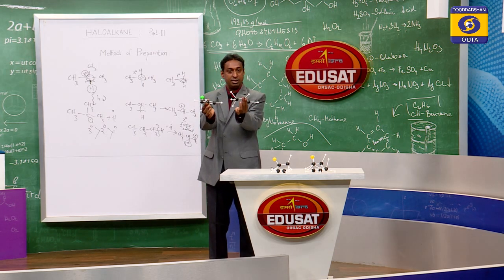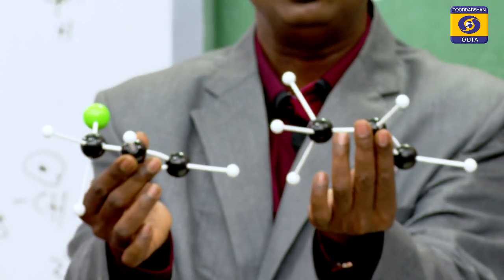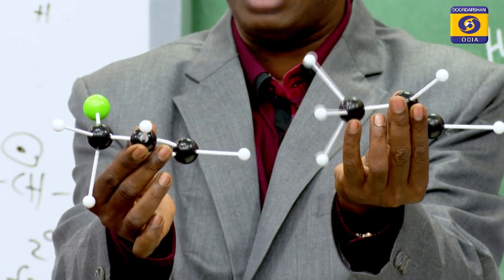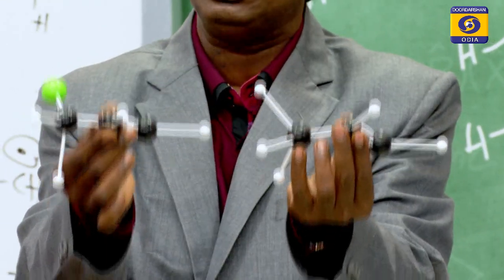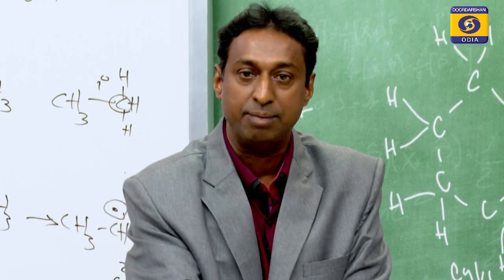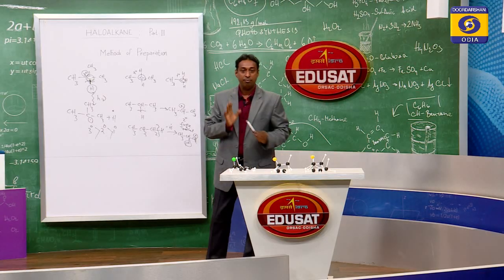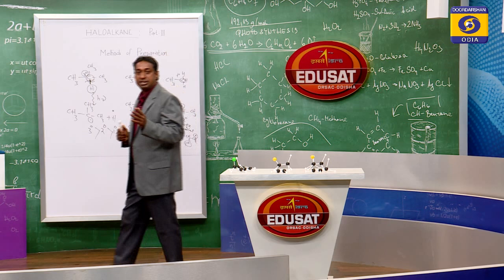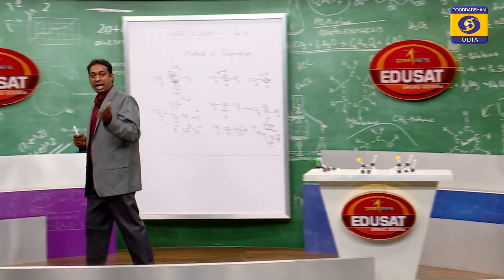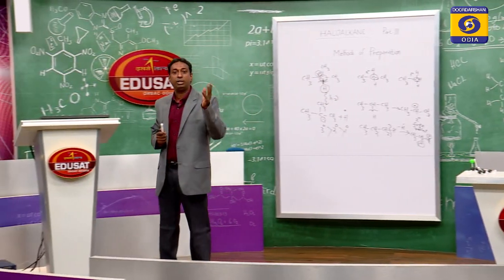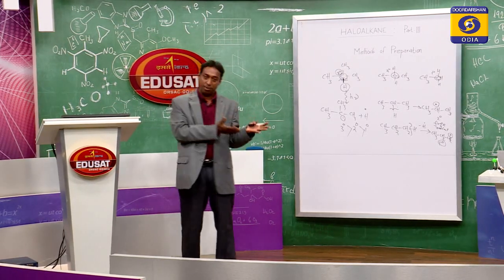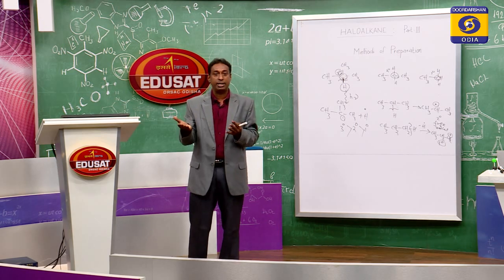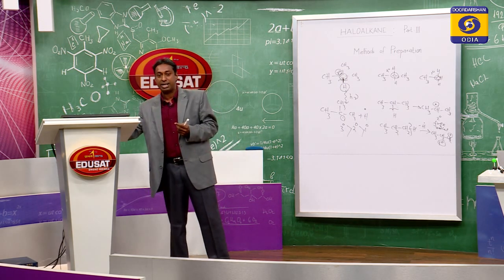Double bond remains, but only the carbon atom which is sp3 hybridized, from that carbon the hydrogen atom is replaced by chlorine atom. This only happens at high temperature. Similarly, at a temperature of more than 700 Kelvin, this allylic bromination or allylic chlorination takes place, because allyl free radical is more stable than 3-degree, then 2-degree, then 1-degree. Look at the next one.